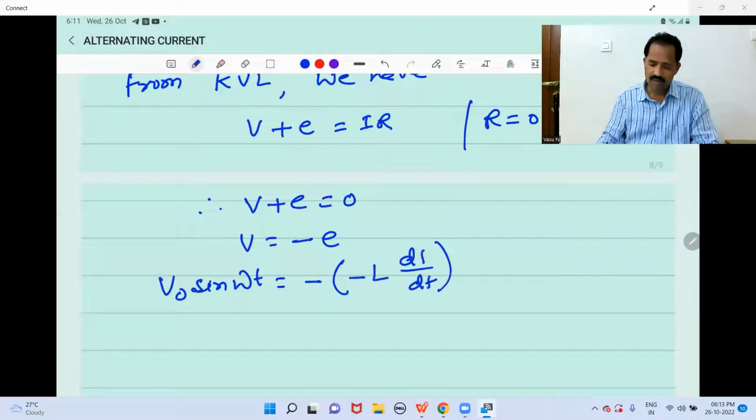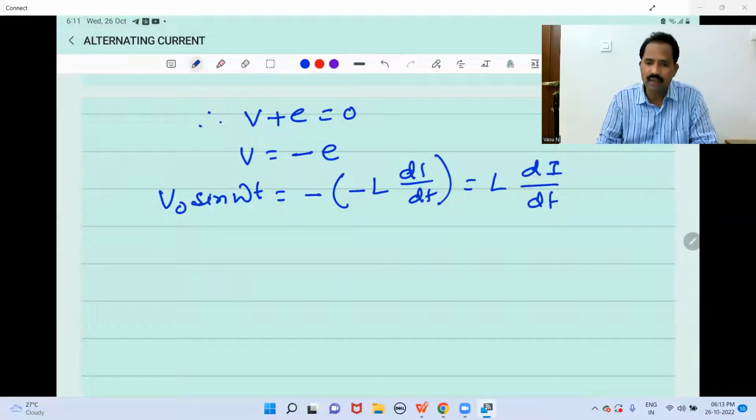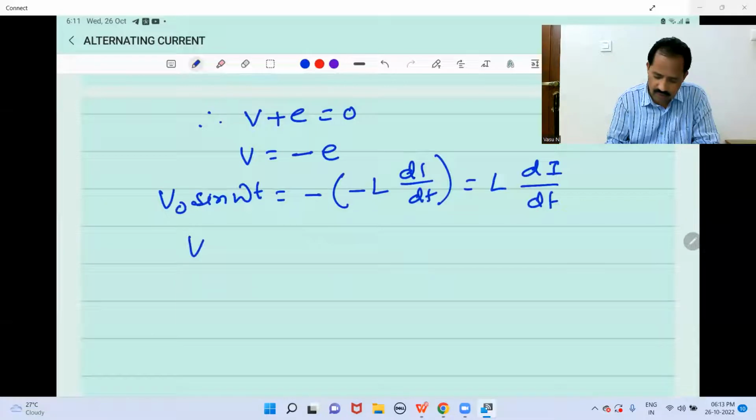Okay children, in equation 1 I have taken V as V naught sin omega t, and as far as E is concerned, minus L into di by dt. Rearranging, the minus becomes plus, L into di by dt. Now I want to establish the current in the coil. We need to calculate the current. So we have this equation, V naught sin omega t is equal to L